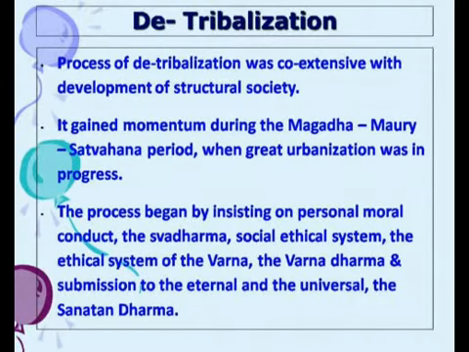The process began by merely insisting on personal moral conduct, the Swadharma, on the social ethical system, the ethical system of the Varna Dharma, and on the submission to the eternal and the universal, the Sanatan Dharma. The Brahminical insistence was on structure in the interest of totality and not on the acceptance of a particular ritualism. The purpose was not to convert but to assimilate. In the process, therefore, several tribal practices and rituals came to be part of the religious order by the holistic Brahmin section